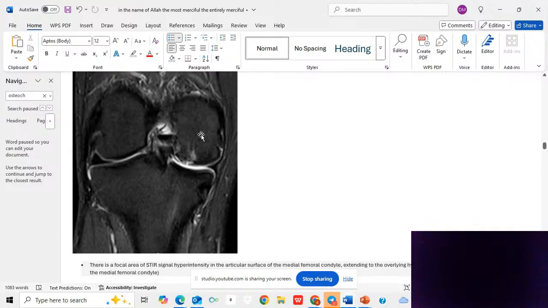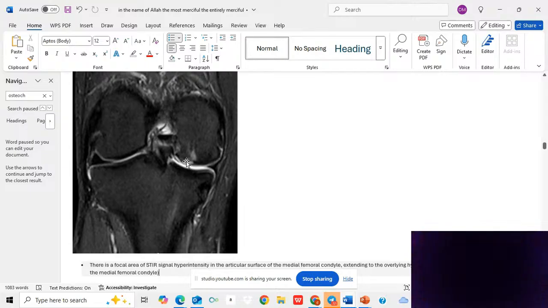It's not that moderate high signal seen in T2 or the very bright signal seen on T1. It's here a kind of dark signal. So there is a focal area of STIR signal hyperintensity